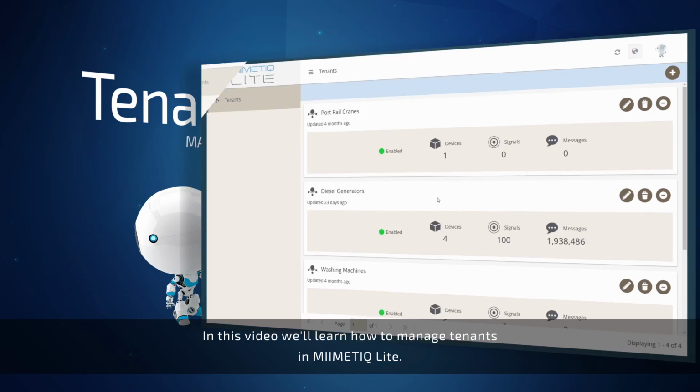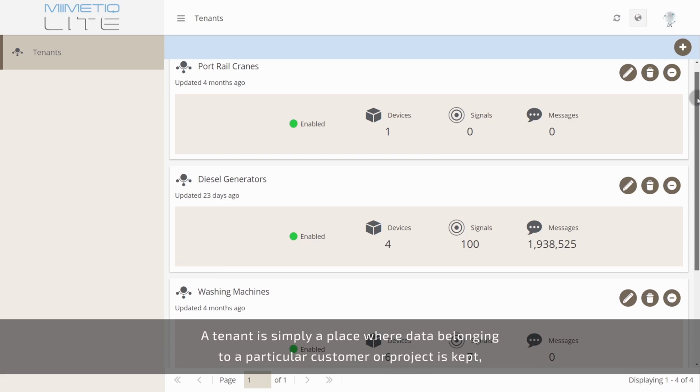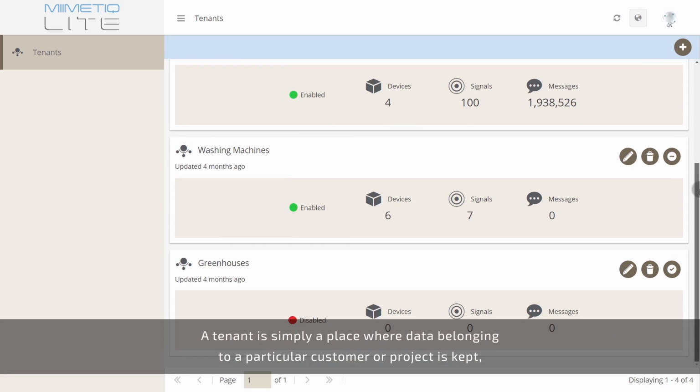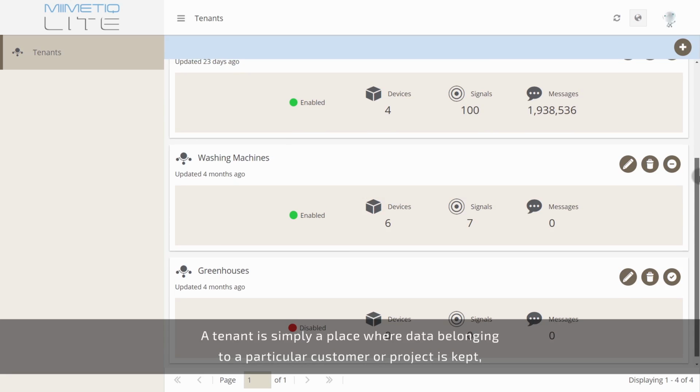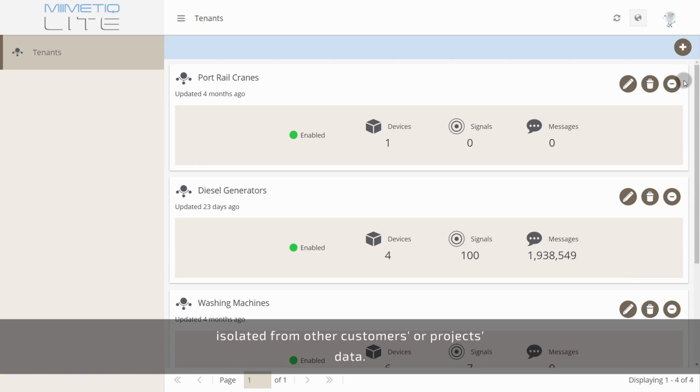In this video we'll learn how to manage tenants in MIIMETIQ LITE. The Tenants section organizes the tenants, or workspaces, of different customers. A tenant is simply a place where data belonging to a particular customer or project is kept, isolated from other customers or projects' data. Each of the tenants in the list displays the most relevant information, such as the name,